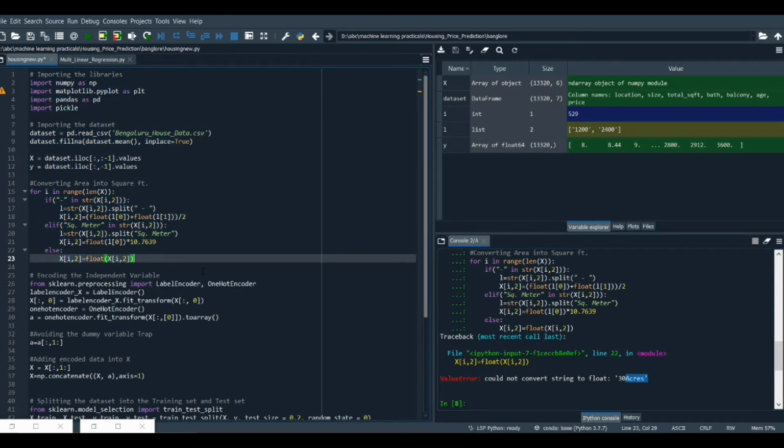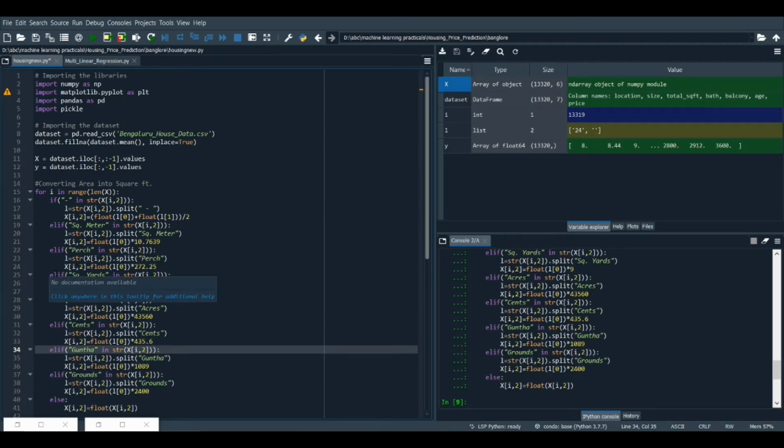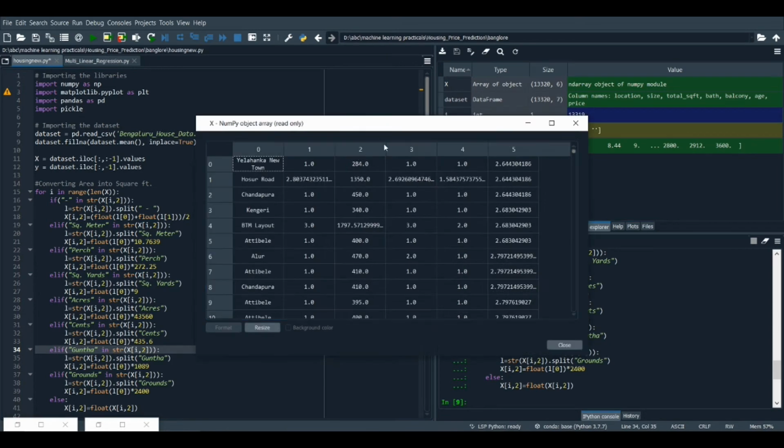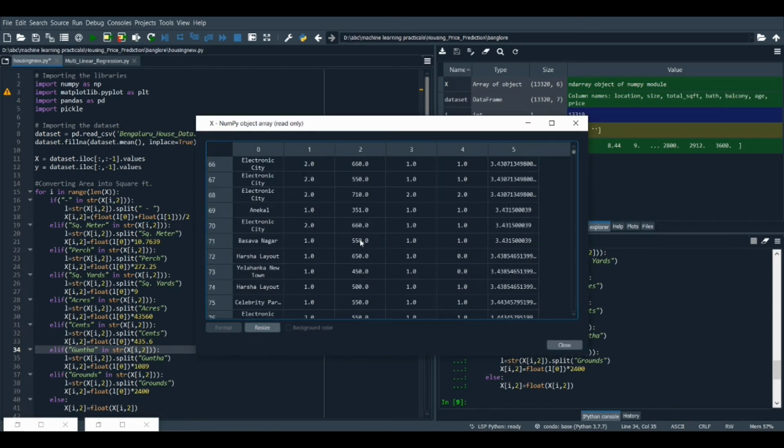So in this way we keep doing the process again and again until it doesn't give any error. That means we encountered all the possible units that are available in the area. After converting all the possible units into only square foot, we are going to get our independent variable like this, with all the values of area in the same unit.